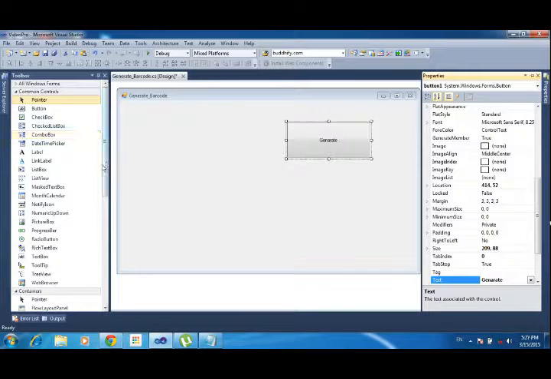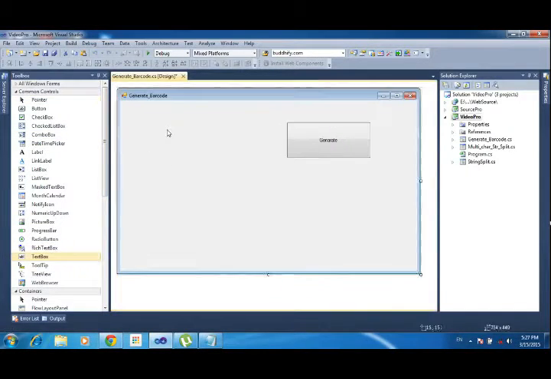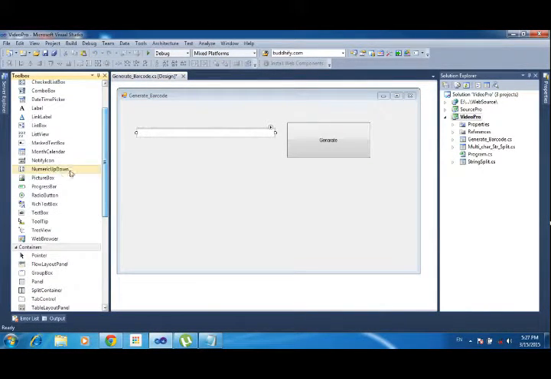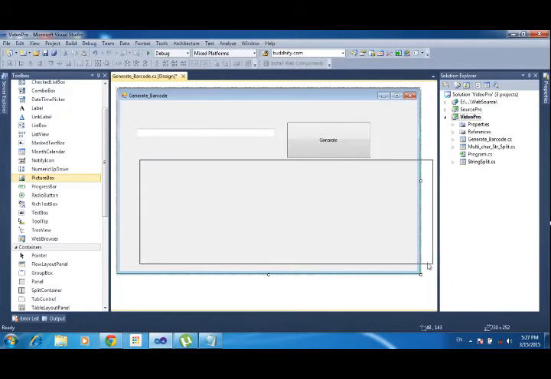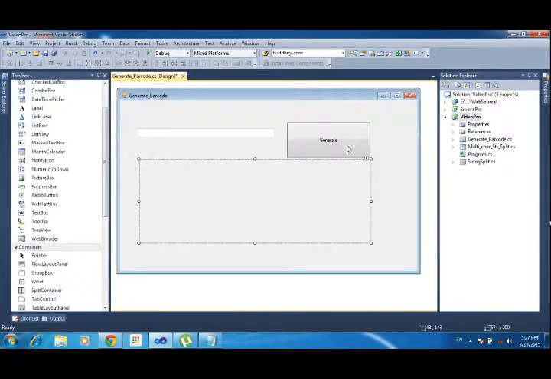Now I need to add one text box here. This is text box one, and the final one is a picture box.